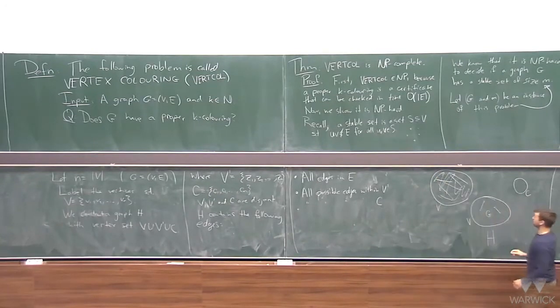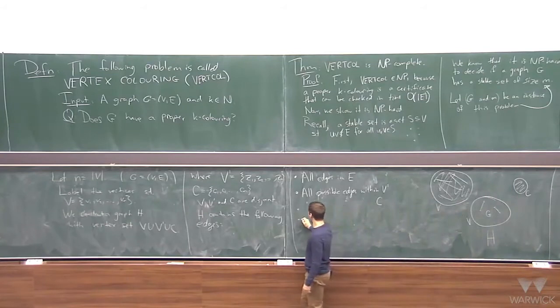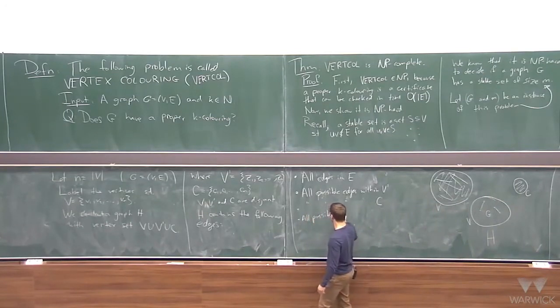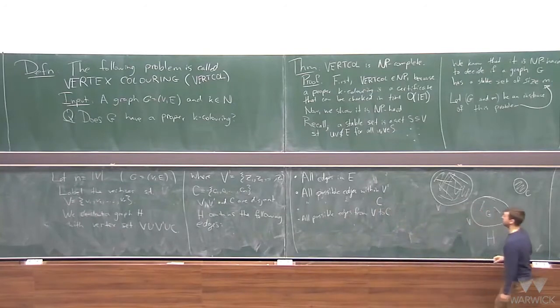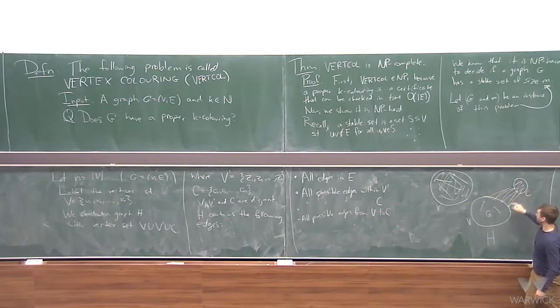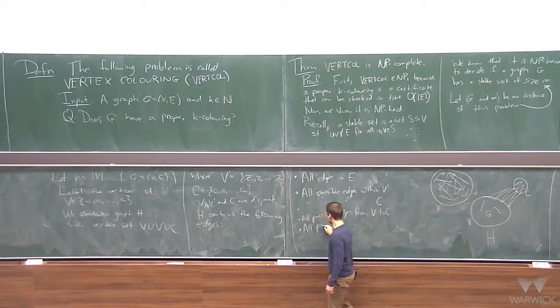So in these sets, you have every possible edge. Just imagine you take every pair in there and connect them up. So these sets form cliques in the graph. You also have all possible edges from V to C. So between here and here, every vertex here is joined to every vertex here. And all possible edges from V to V prime, except